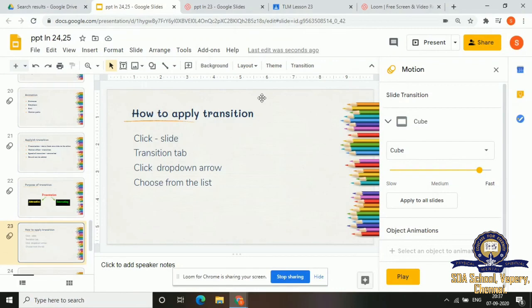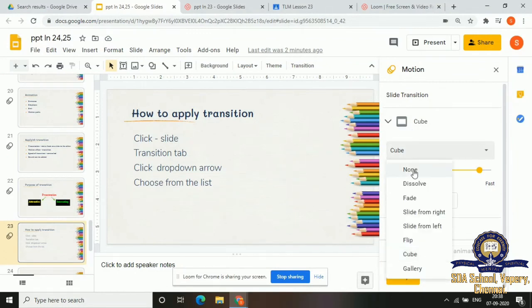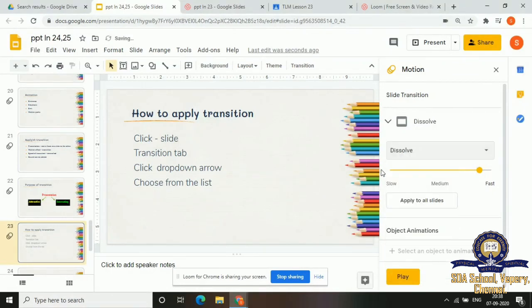How to apply transition? Now I'll show you how to apply transition. I'm going to click this slide, click transition. Here your slide will be shown. Drop down list. Let's say I'm selecting dissolve. Then I'm selecting the speed, fast, and apply to all slides. Now we'll see whether it is done.